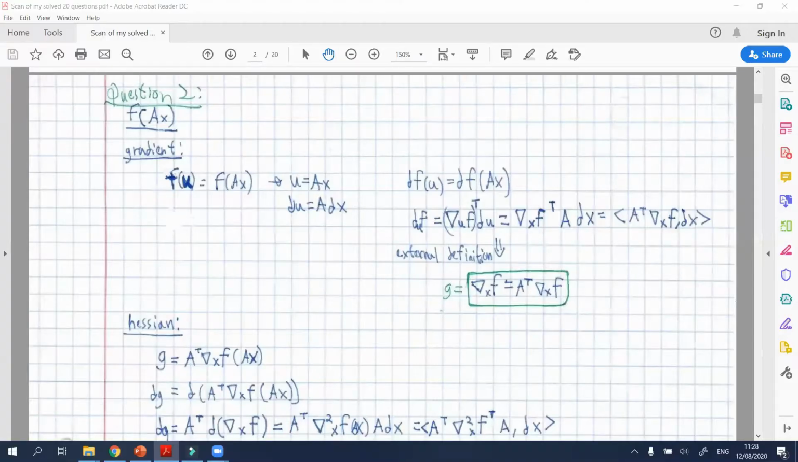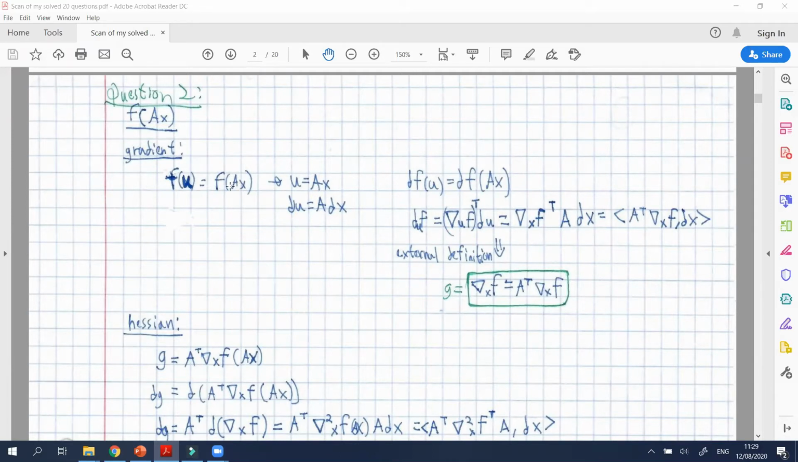So moving on to question number 2, which is more a technical question. You will achieve a few tools here and knowledge about deriving multidimensional functions. And let's just go for it. So we have f of matrix A times x, which is a vector, as you've seen in the question